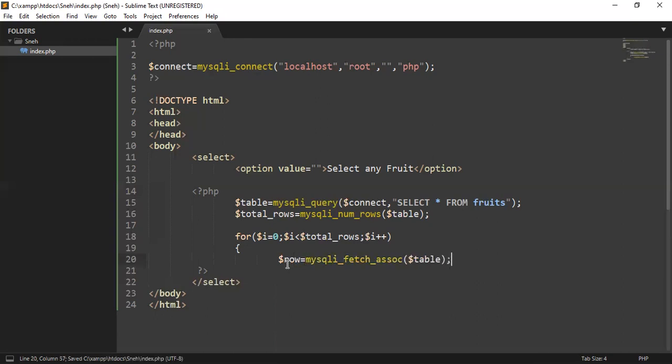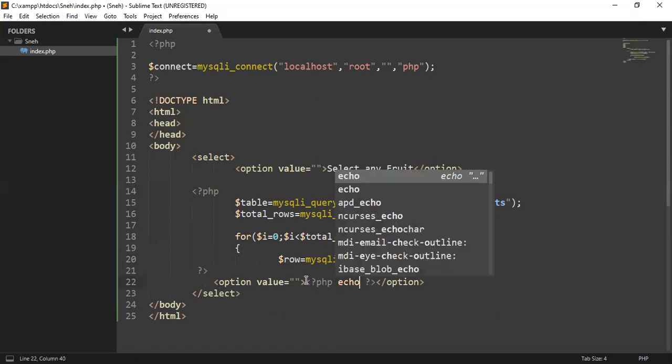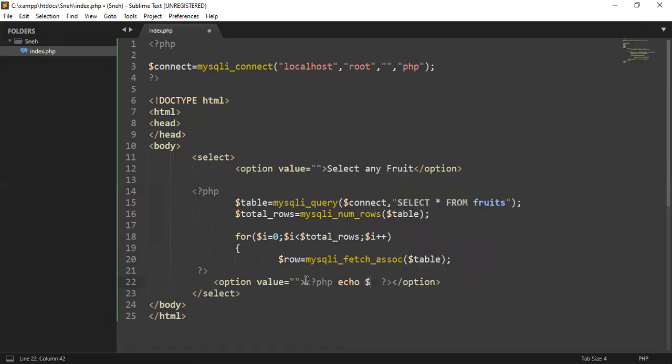Okay, fine. So by firing this function, we have the first row, and if the function is fired a second time, we are going to have the second row. Third time, third row. So we are going to have rows one by one. So we have a row here, and let us write option here, and we want to echo the data of our row. So how do we do that? Let me write PHP code over here, and echo. What do we want to display? Row.